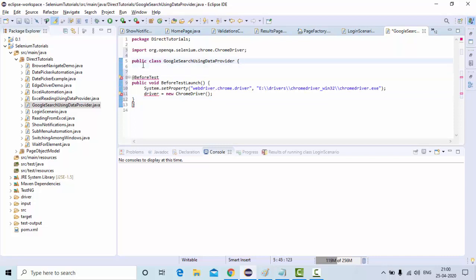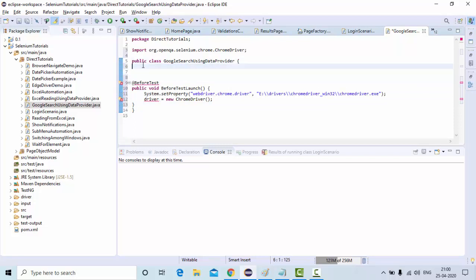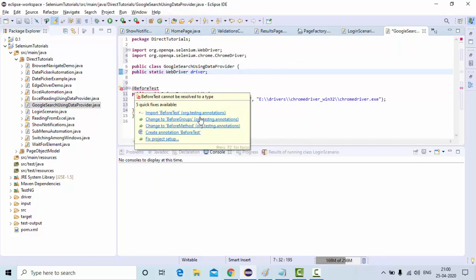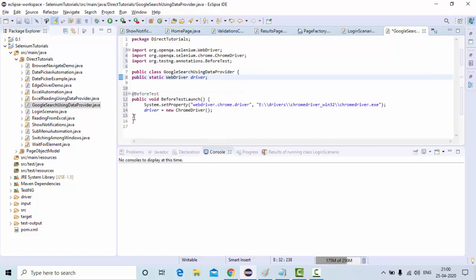So I'll create one variable here, sorry, it's not a method, it's a variable: public static WebDriver driver. This is a variable I have created. So let me import WebDriver here, and before test as well. Now you can see the before test annotation. Okay, this I have used,